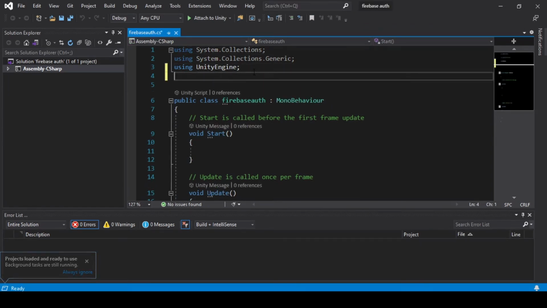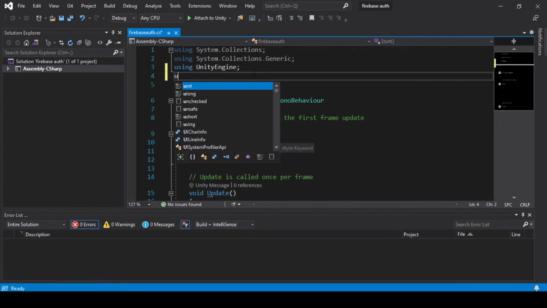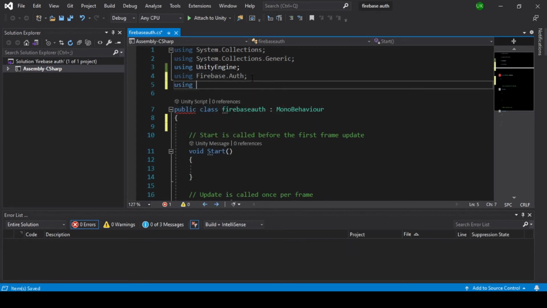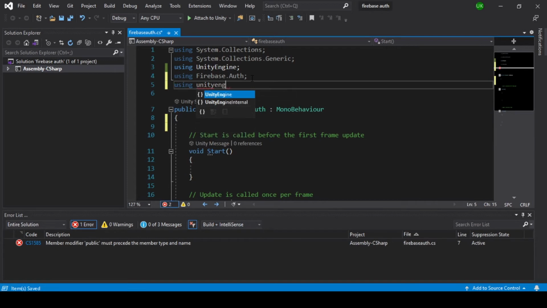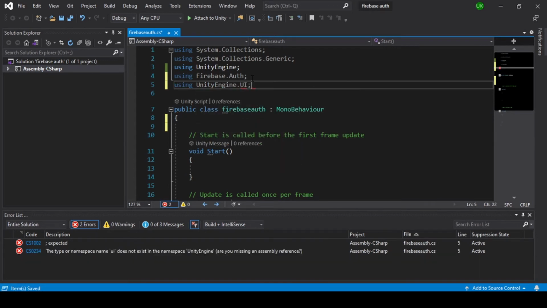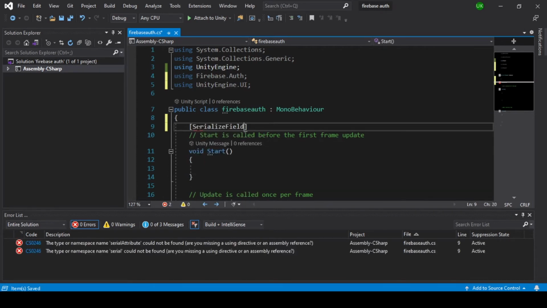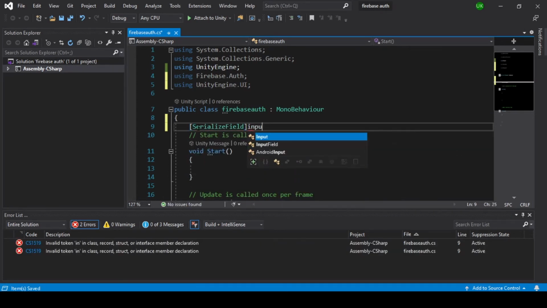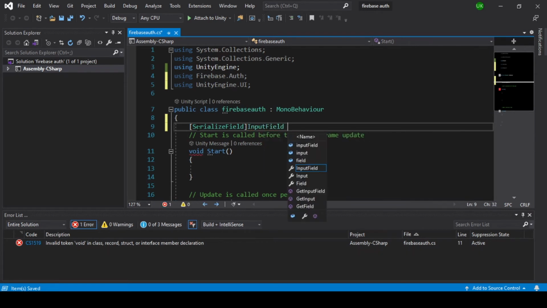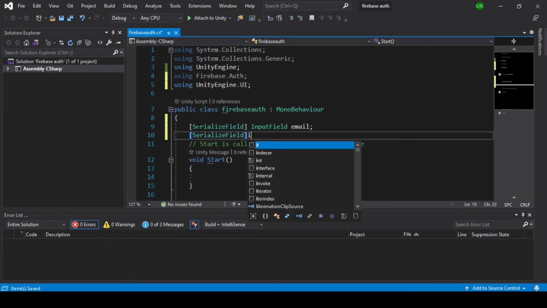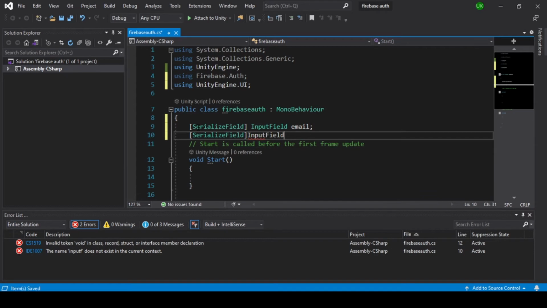First we need to add the Firebase components using Firebase.Auth, and using UnityEngine.UI for the input field. SerializeField InputField email. SerializeField InputField password.